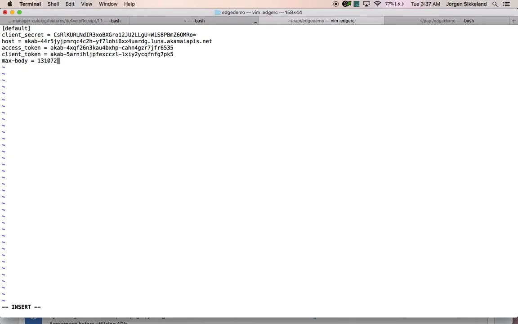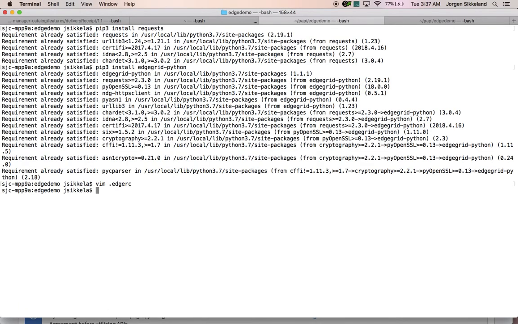You might need a larger JSON body to upload. Okay, so saving this file, now I have my .edgerc file in the current directory, and I created a default section there, and now I'm gonna look at